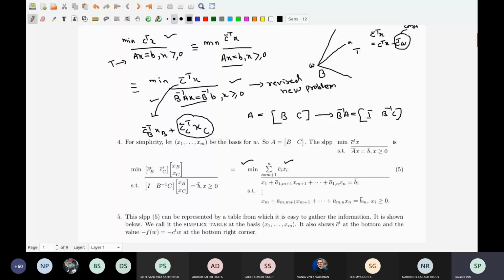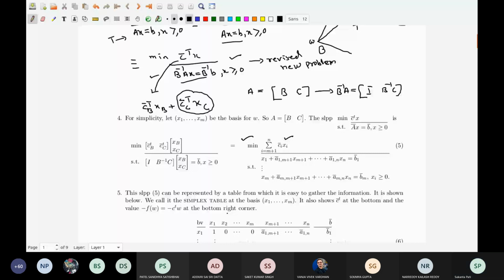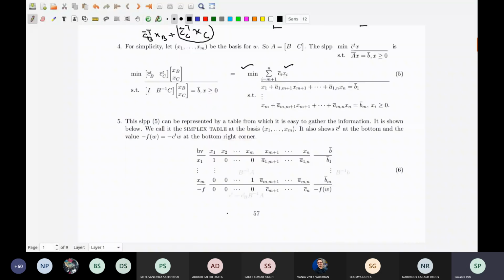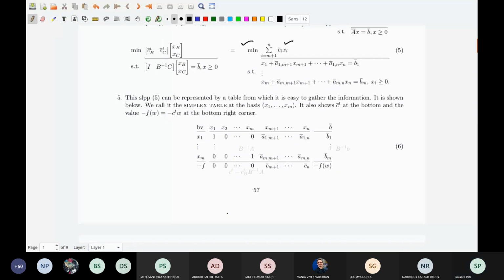So that is our problem. Now this can be written very nicely in a table. That is called the simplex table. How have I done it? In order to write the simplex table, I will simply write